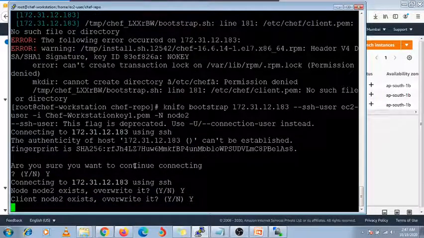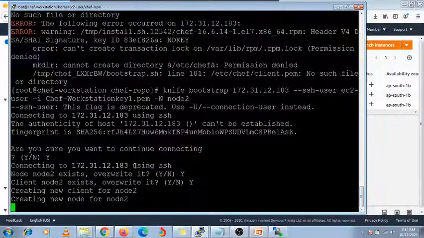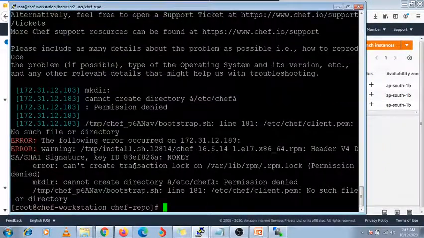Client, yes, enter. Creating. Okay, it's already there, no issue. Configuration, no. Okay, permission denied, no such directory.